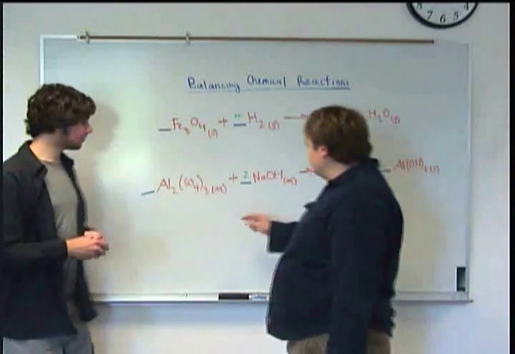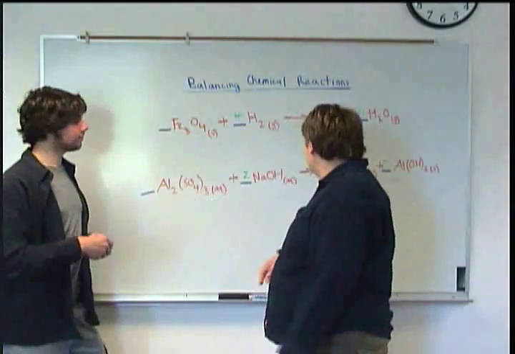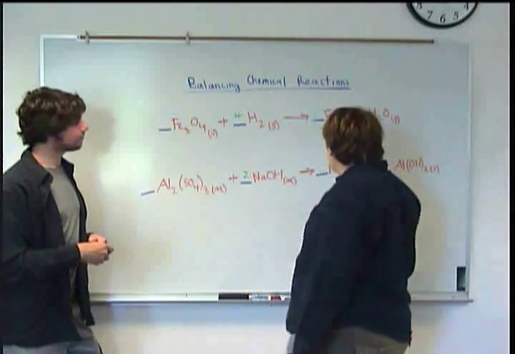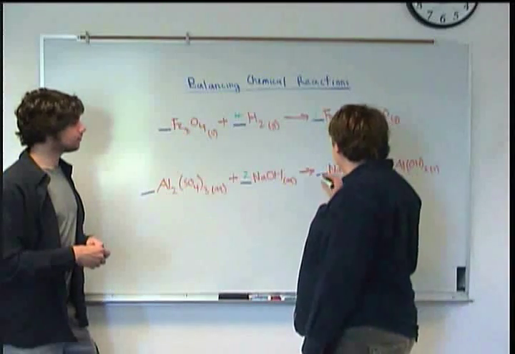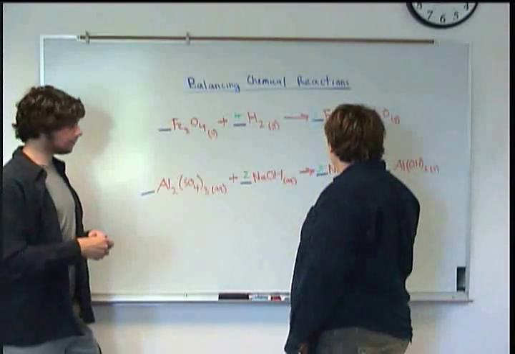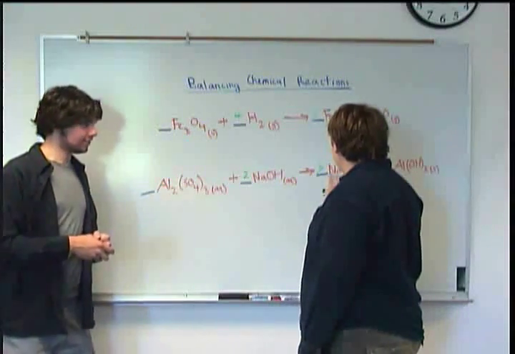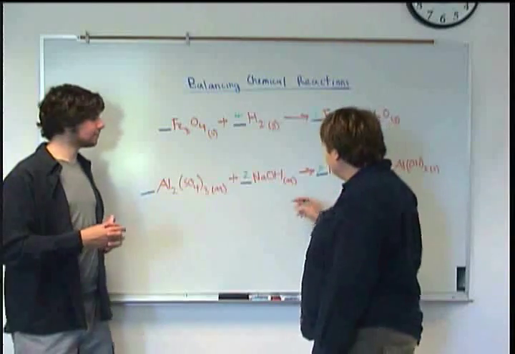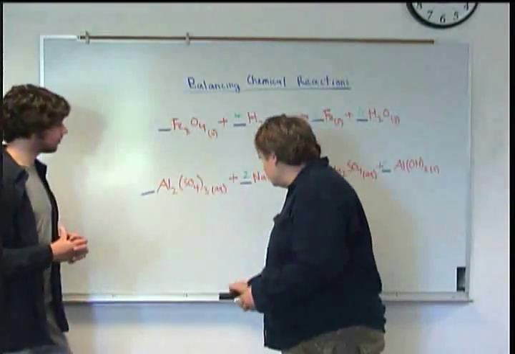Well, okay, I'll just go with that. So there's 3 sulfates. Here there's only 1 sulfate. So I guess I put a 3 there. Yep. But wait a minute. That changed your sodiums. That's right. So now there's 6 sodiums, and there's only 2 here. So I guess I would have to change this to a